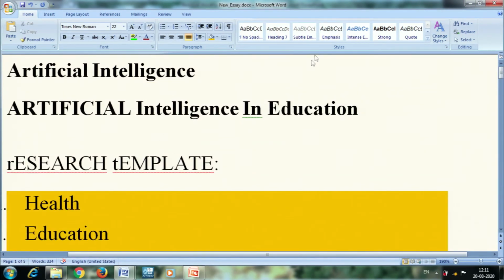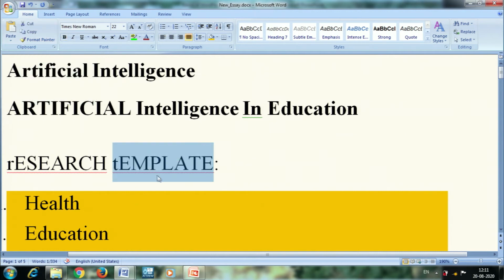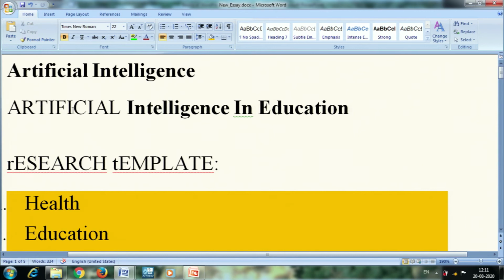And we also discussed how to insert bullets in your content. And the main shortcut I want to discuss, you might have used the Format Painter. This Format Painter will copy the formatting from one place to another place. Suppose this is the style I want to copy and use in some other place. I can select the text, click the Format Painter, and click on any other place where I want to apply it.